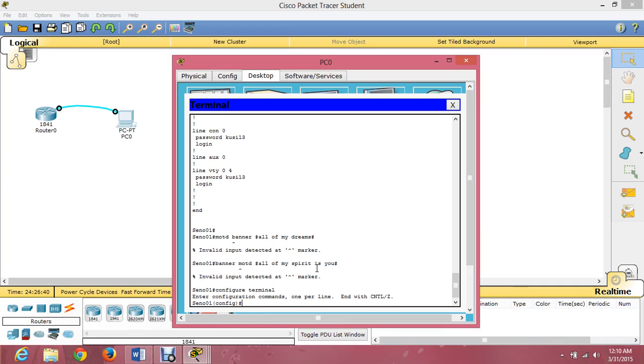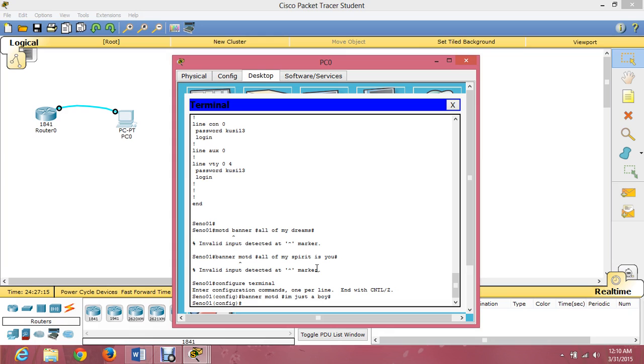To create a banner, we just type banner space MOTD space, the symbol, and our information that is free. Example, I'm just a boy, and finish the information by typing the symbol, enter.